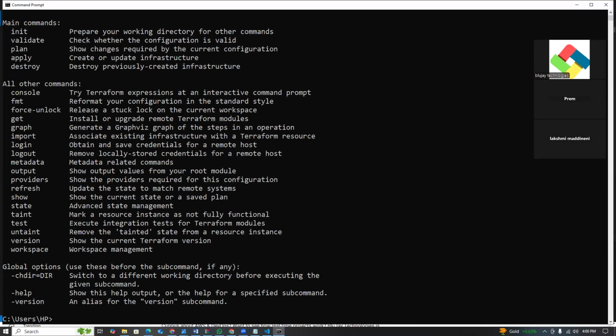Terraform is not a software; it's a binary file. We can download that file and we need to set the environment variable. So you can run Terraform anywhere. If you want to run Terraform anywhere,